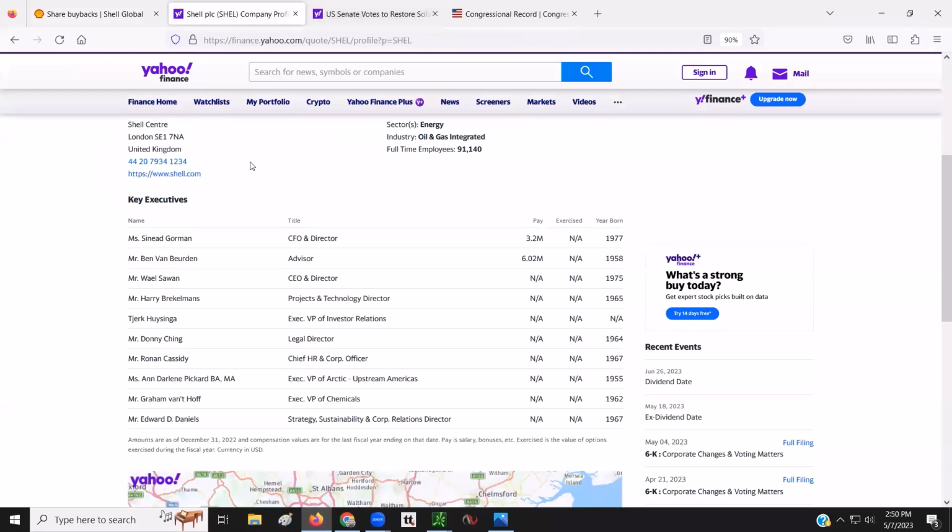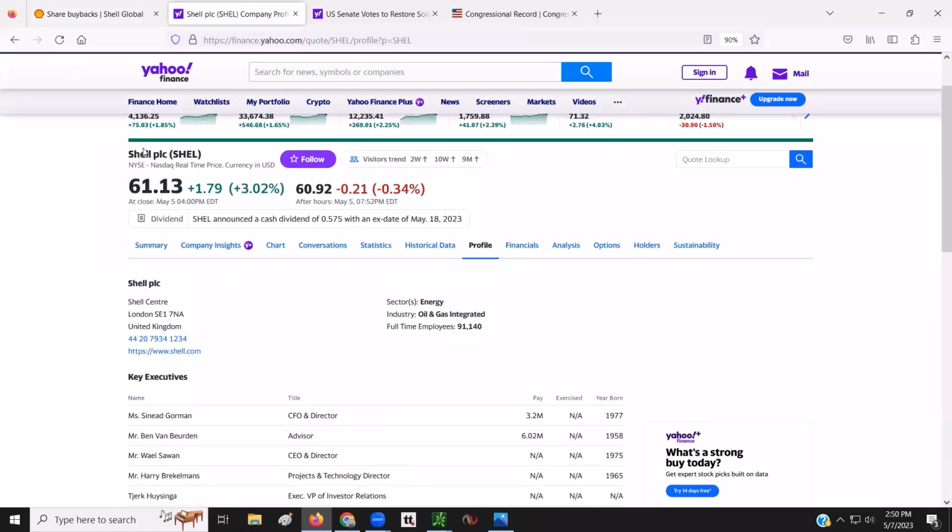Oops. And this is the Shell company. We want to buy back stocks. Sector energy, industries, oil and gas, in the United Kingdom. Well,